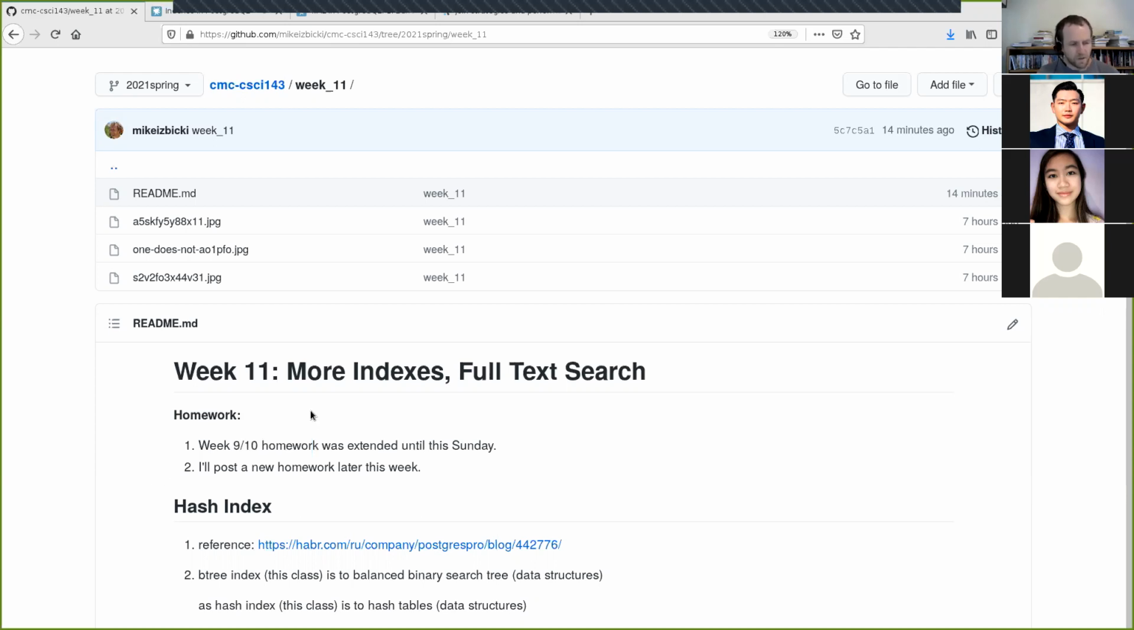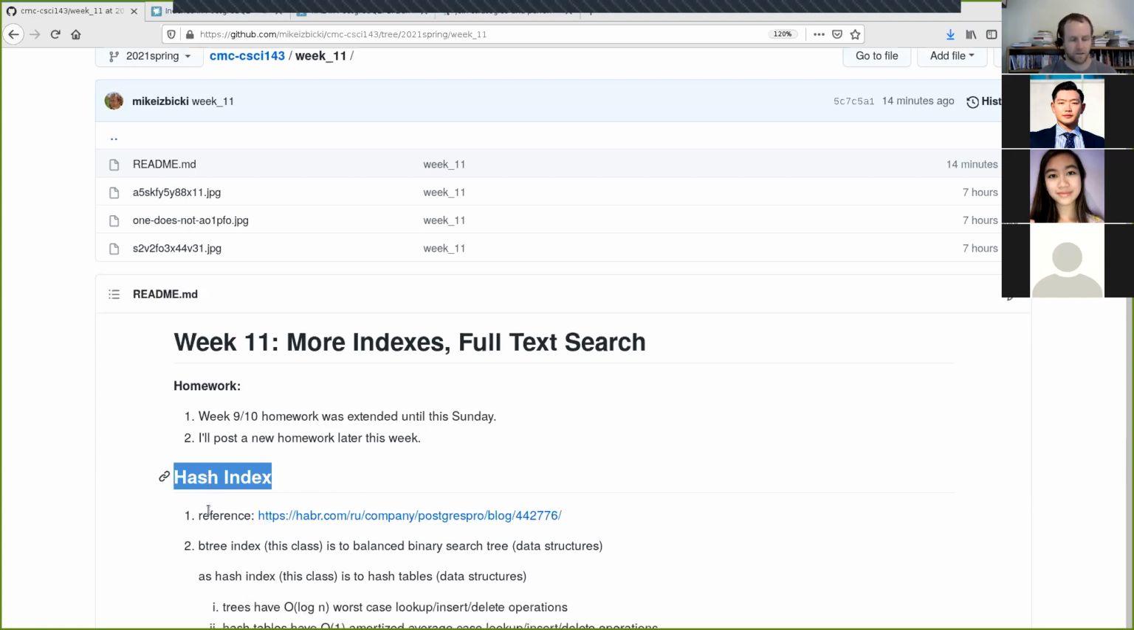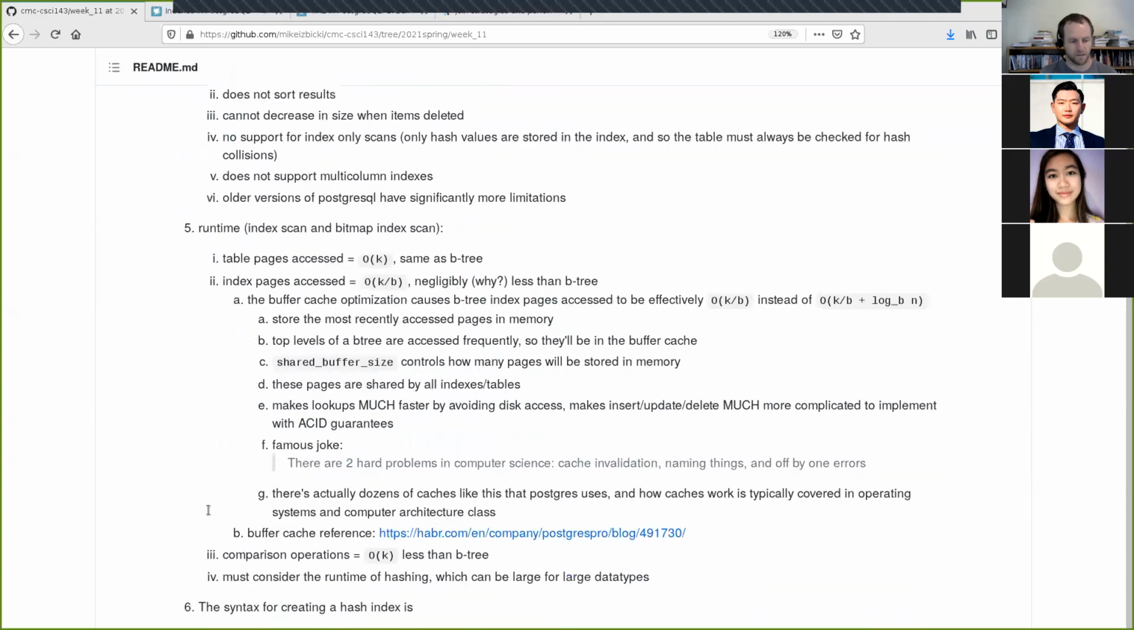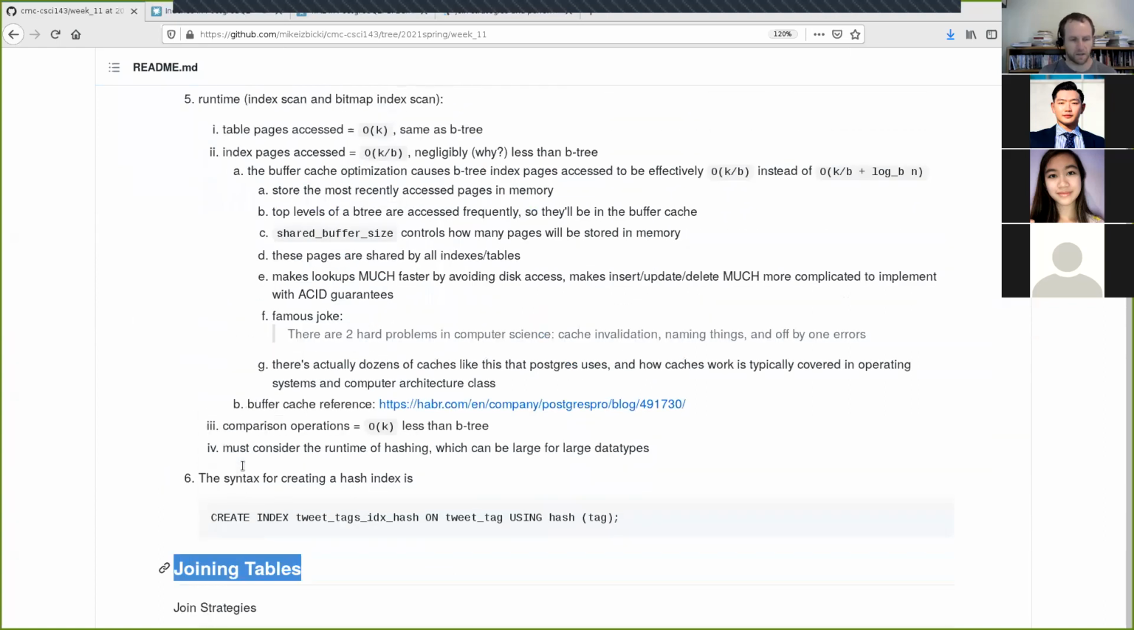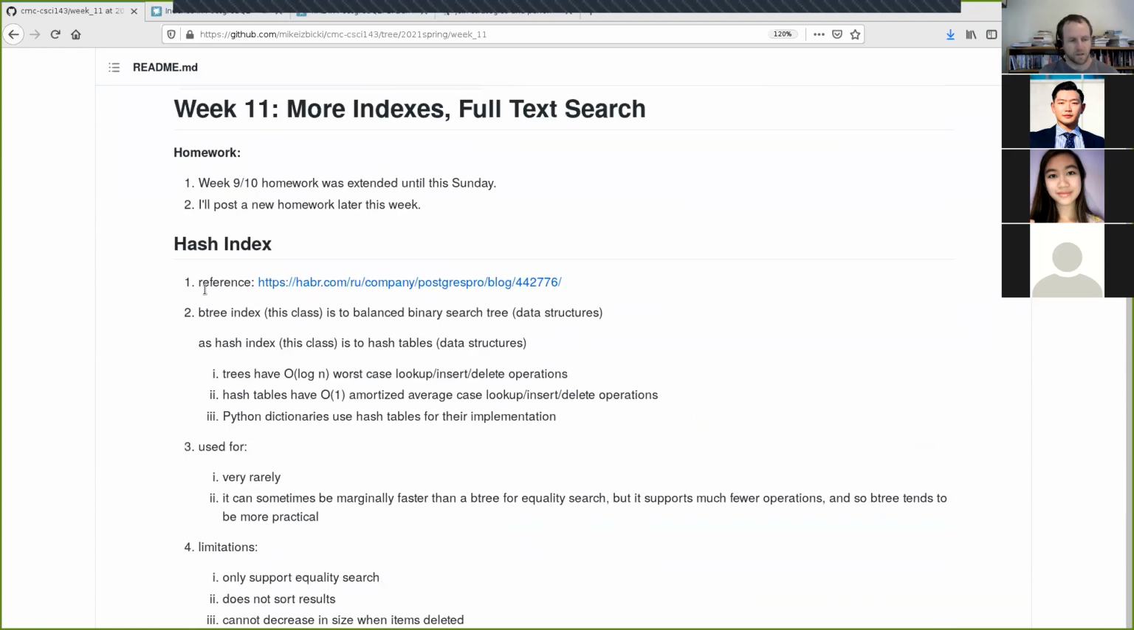Okay, so let's talk a little bit more about indexes. The first index that we'll talk about is the hash index, comparing it to the B-tree index, mostly to remind us about what we talked about with the B-tree index. And then we'll get to those join strategies, joining tables, which was the key last thing that we haven't talked about yet. The reference for this is again from that Habr webpage, that Russian webpage, and it goes into a lot of detail on